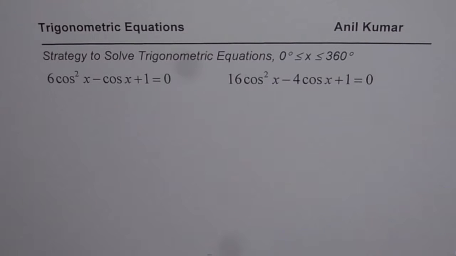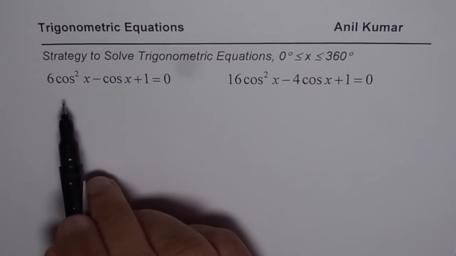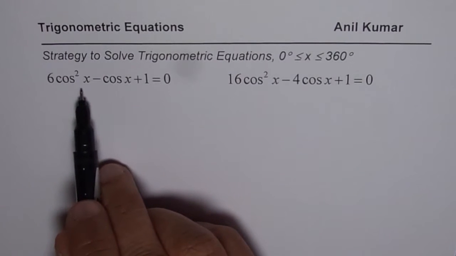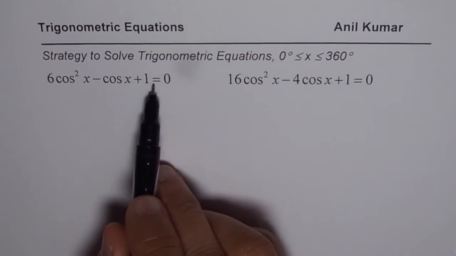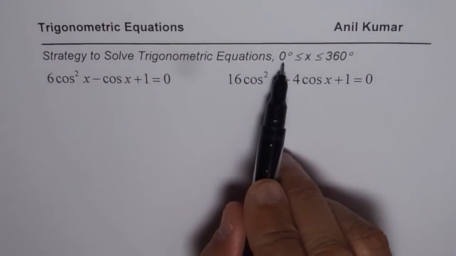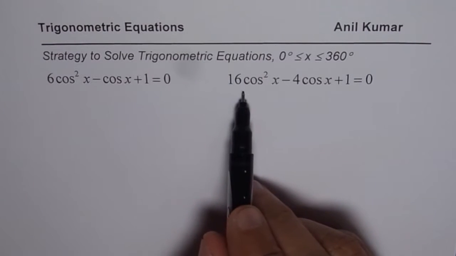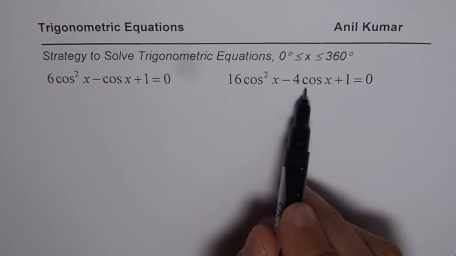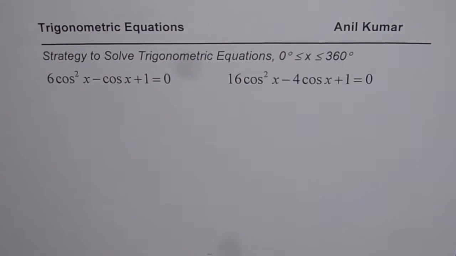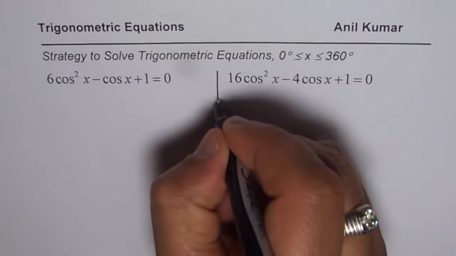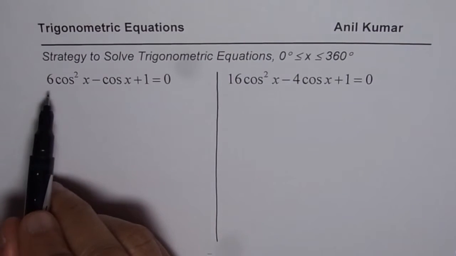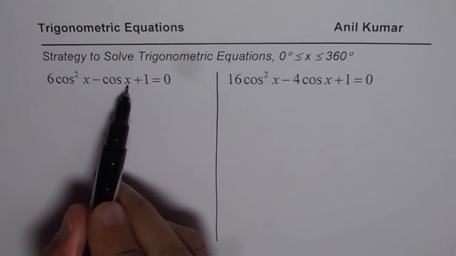The question is, we need to solve the quadratic equation 6 cosine square x minus cos x plus 1 equals to 0. Domain is x between 0 to 360 degrees. I have added one more question here, which is 16 cosine square x minus 4 cos x plus 1 equals to 0. Now let me first solve the first question, which is 6 cosine square minus cos x plus 1